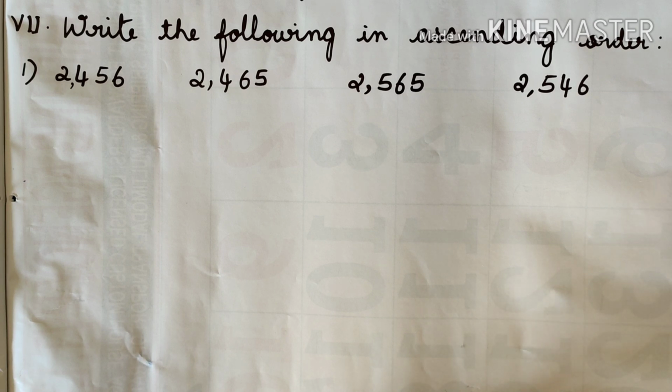Can you tell me what is ascending order? Can you recall what you mean by ascending order? Arranging the numbers from the smallest to the greatest. So we have to write or arrange the numbers from the smallest to the greatest. Now what shall we do first? First we have to compare the numbers in the highest place. Which is the highest place here?